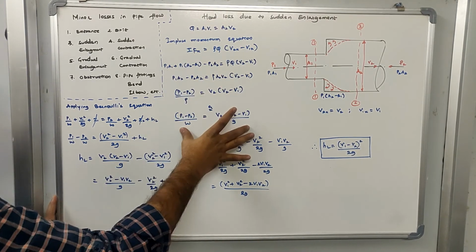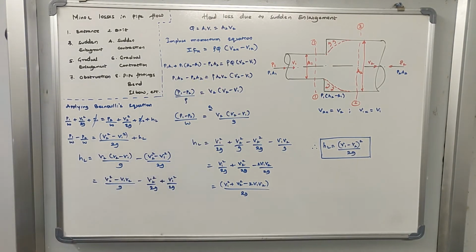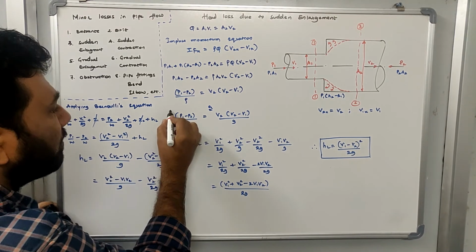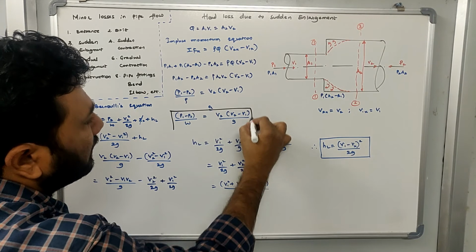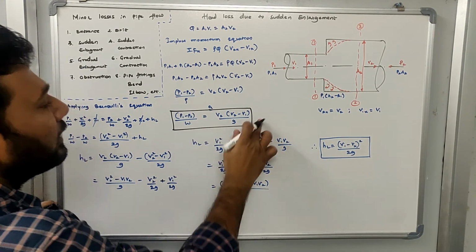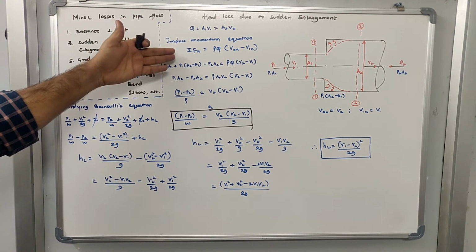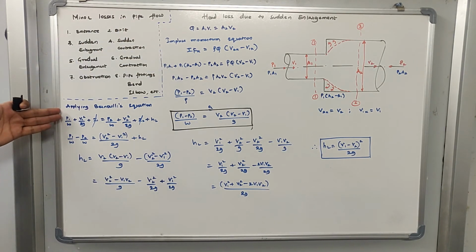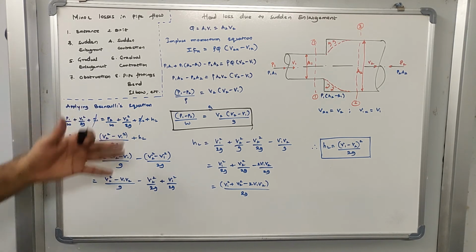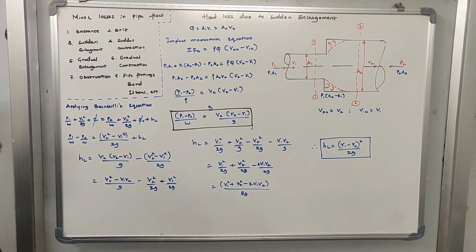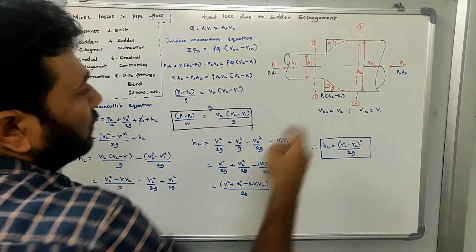This is the equation which you have derived from the impulse momentum equation. Let us try to remember this equation for some time; we'll come back to it later. The next step would be, first we used the continuity equation, next we used the impulse momentum equation, and next we will use the third important fluid flow equation, which is Bernoulli's equation. So let us apply Bernoulli's equation at section 1-1 and section 2-2.